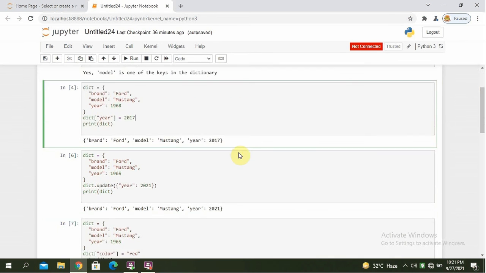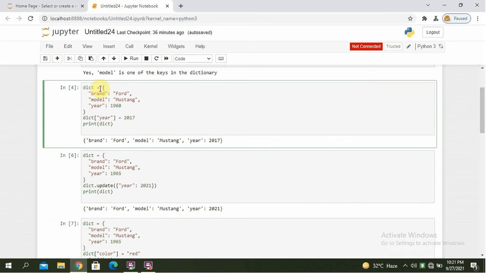How to change dictionary items? You can change the value of a specific item by referring to its key name. In this example, change the year to 2017.